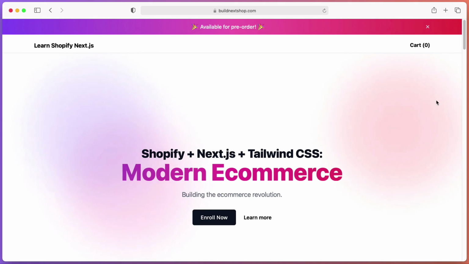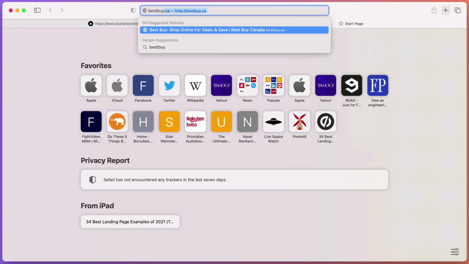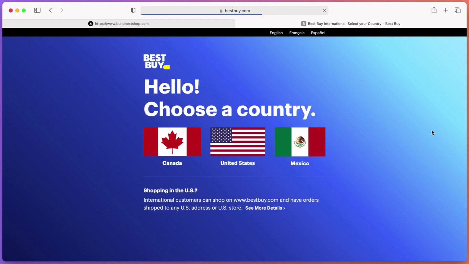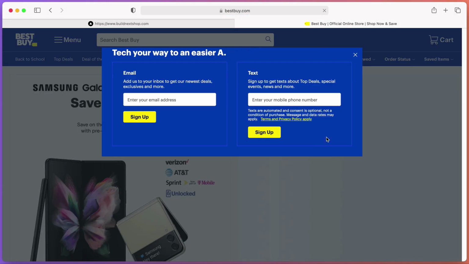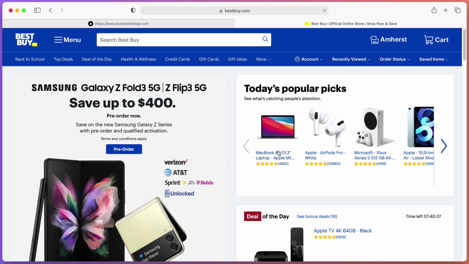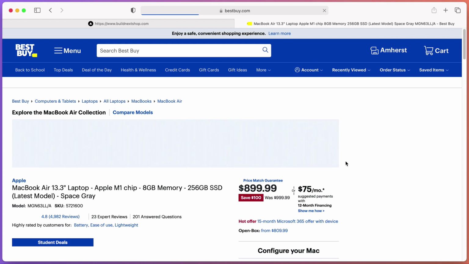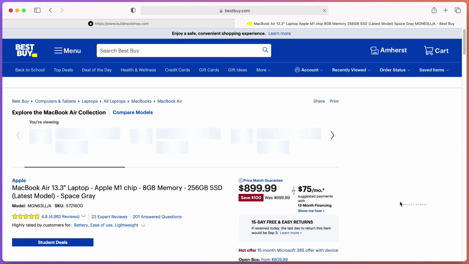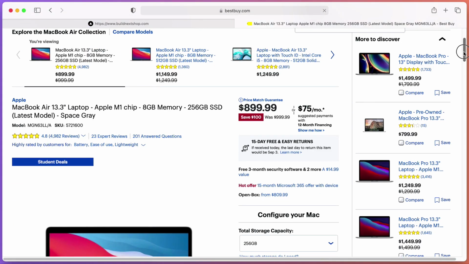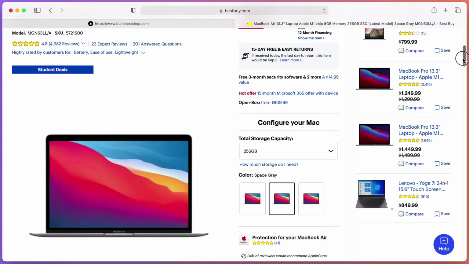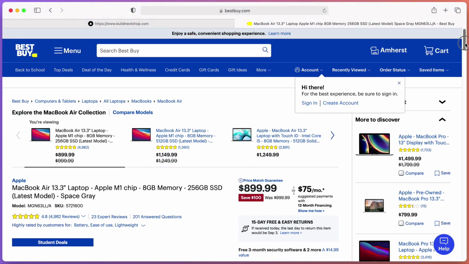We can even go on a website like Best Buy as an example, and just select our country. And we can see the speed difference. So for example, if we click on the product, we can see that the whole page needs to refresh. And a lot of things need to be loaded in addition to what was already loaded from the beginning. We can see that it's even lagging a little bit just because there's so much going on,